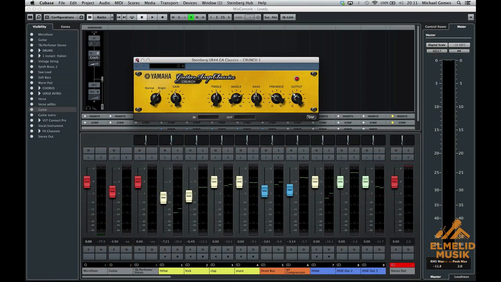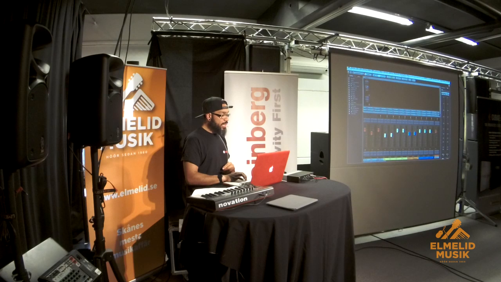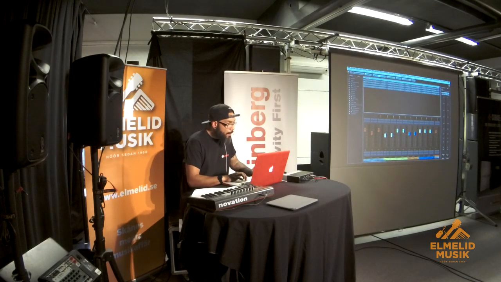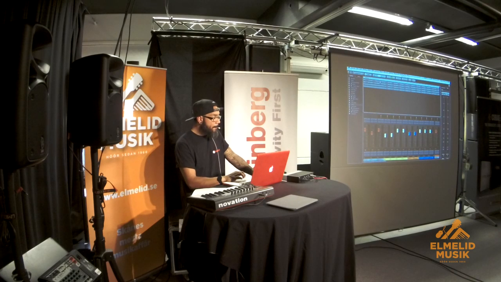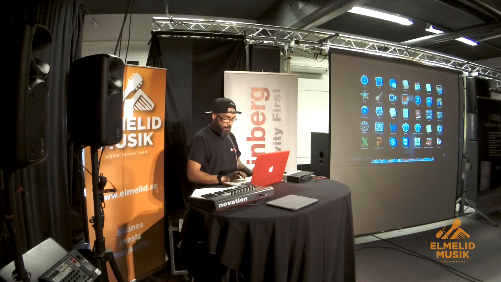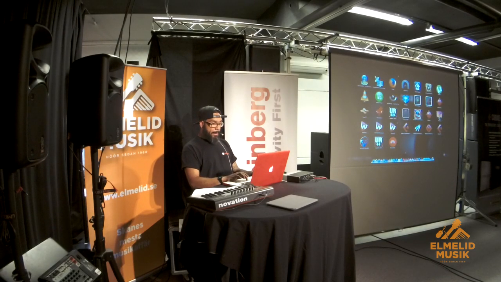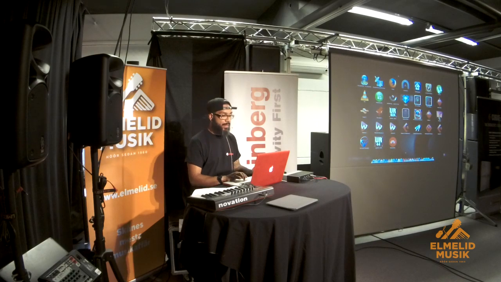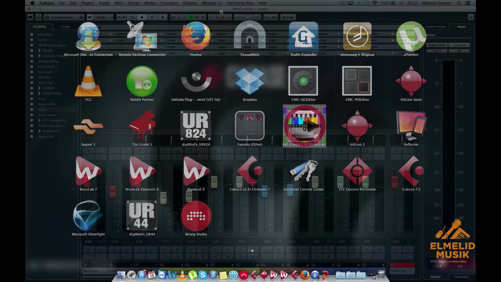Okay. So another cool thing I want to show you guys is the VST Connect. How does that work? Well, it works really easy. I have it here on my inserts, and I'll just go ahead and grab the VST Performer. The VST Performer here is an app. It's only 20 MB, and